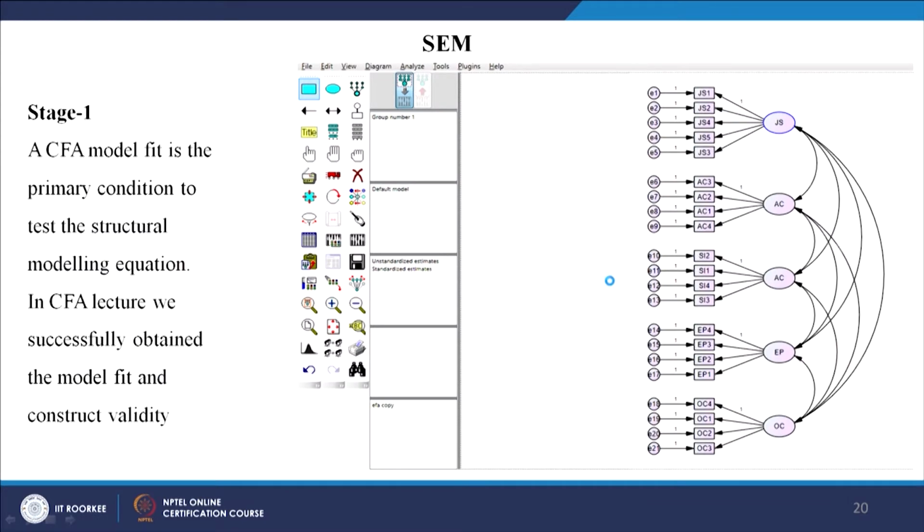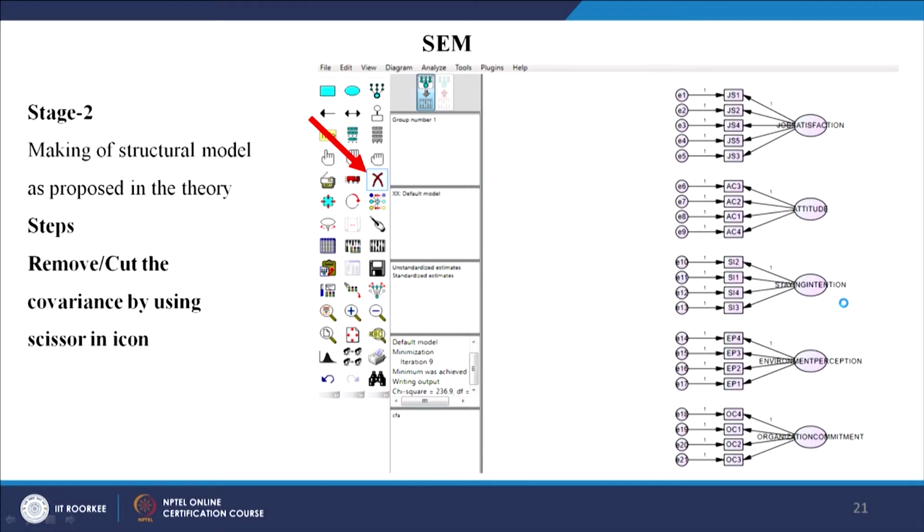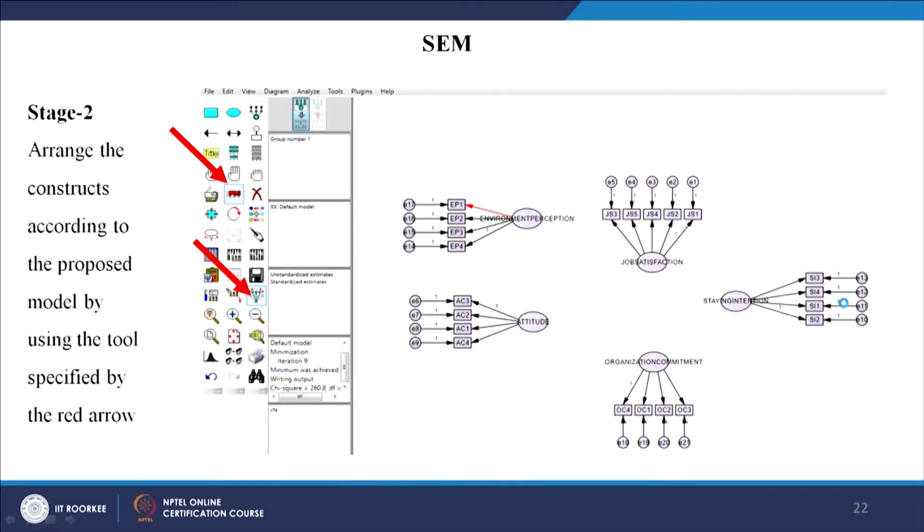Now, how do you do it? Let us just have a look at it, although I will be doing it for you. So, this is the CFA model. First, all the different constructs are there with their related variables. You can see this is a reflective construct, right. Now we are drawing a covariance structure, and we will connect these constructs and run it, right. I will show you these things with the example now.